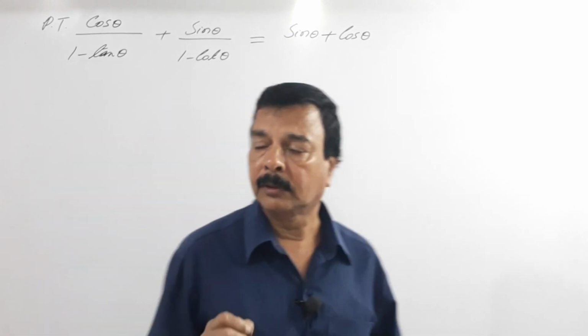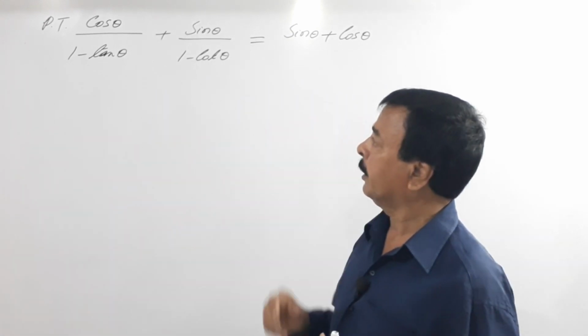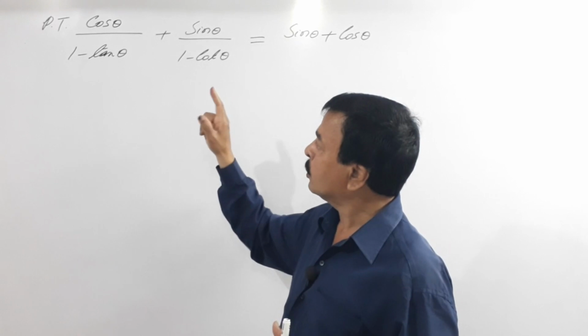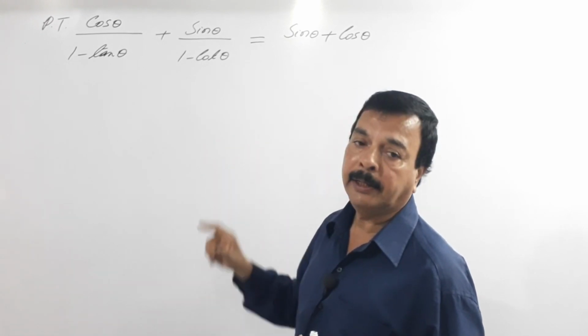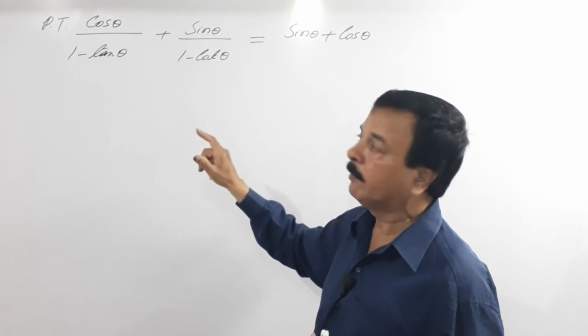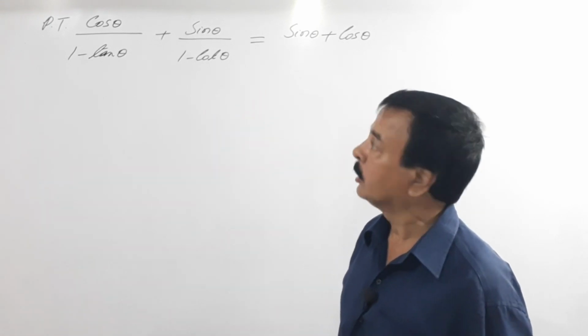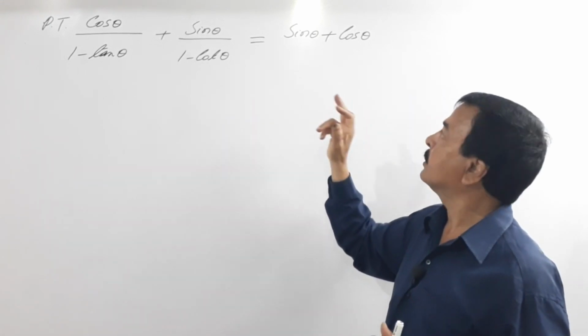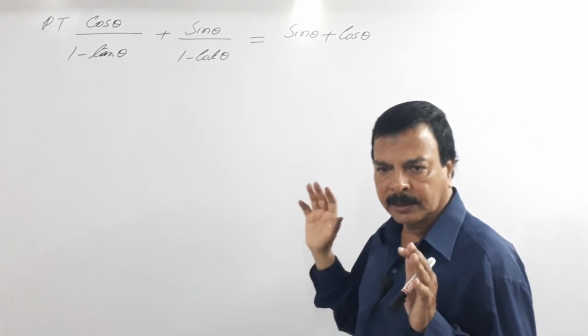So children, a problem is given for you. Prove that cos theta divided by 1 minus tan theta plus sin theta divided by 1 minus cot theta equals sin theta plus cos theta. ये प्रॉब्लम सचमुच अच्छा प्रॉब्लम